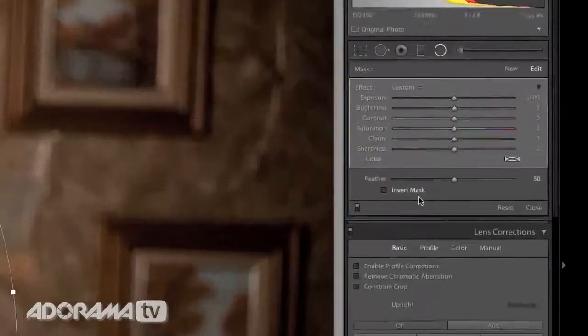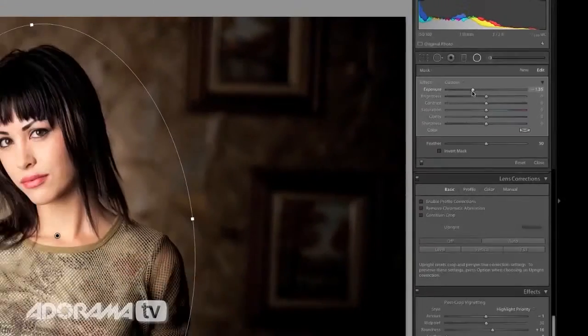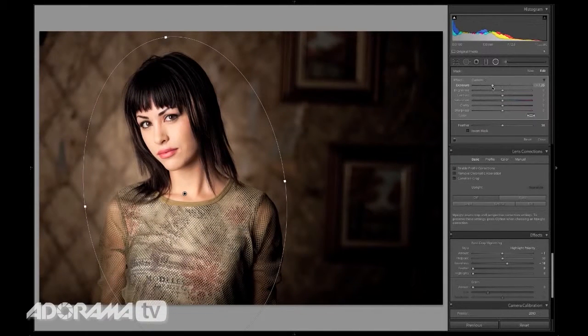And then what I can do is I can start doing things. So I'm going to take the exposure down to everything that's outside of that. I can change the feather so the transition is either sharper or more gradient. I can do that. The other thing I can do is now I can start adding new